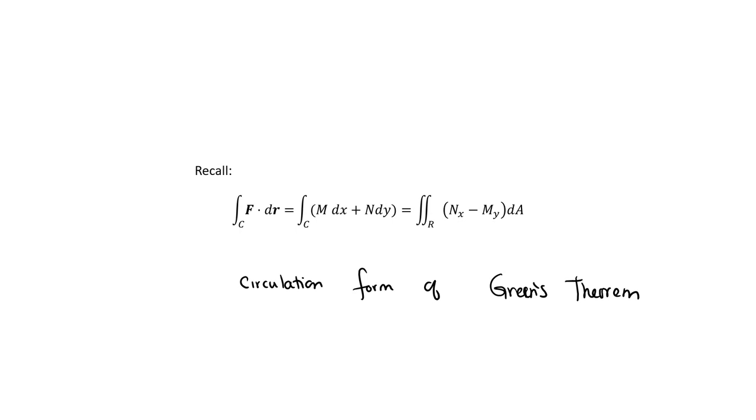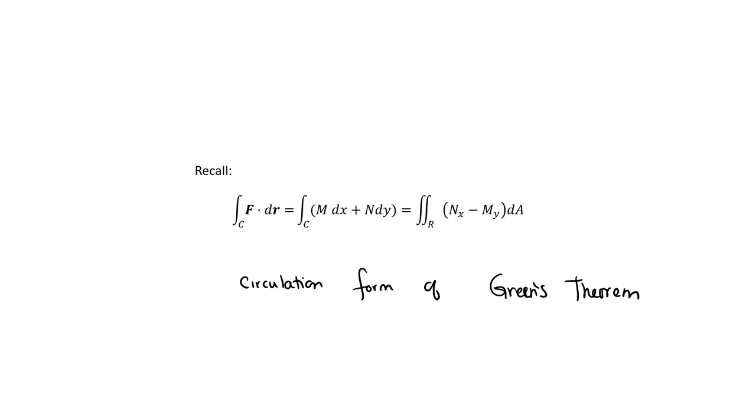So on the screen right now, I have just jotted down the circulation form of Green's theorem. So we learned a while back that we can take basically a line integral over a vector field along a closed path, and we can rewrite that as a double integral over the area of the region enclosed by that curve, but we're going to be integrating this N_x minus M_y, which actually is the curl of a